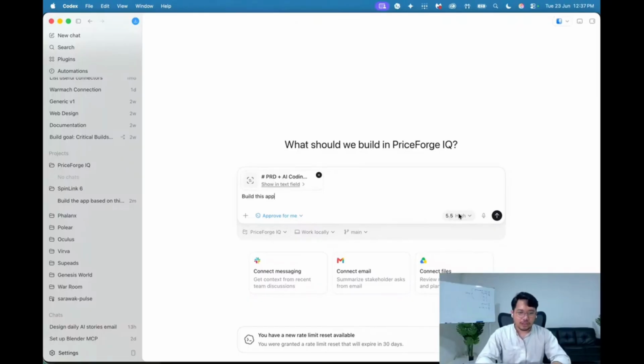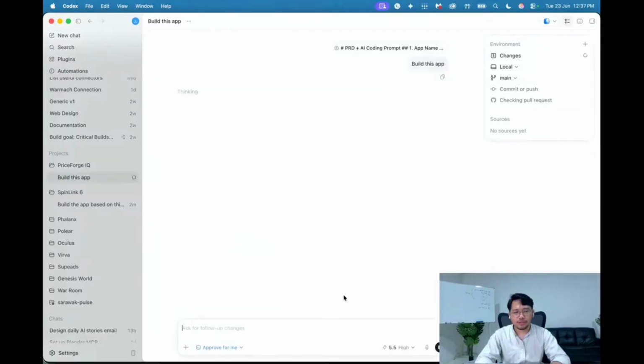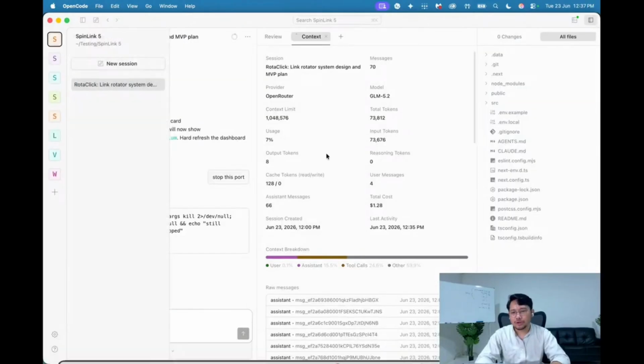I'm not sure how long this is gonna take. We're gonna put it also at high level, and then we're gonna spend a bit more. I'm a bit lazy today, so I'm gonna use Pass. So I'm gonna spend more of my credits, but I haven't used it these few days because I'm a bit busy. So let me just try to use it more today. So high with the speed, not extra high though. But you're gonna use fast and also high. Let's do this. Okay, so we already ran the PriceForge IQ with the Codex, and on the Opencode,